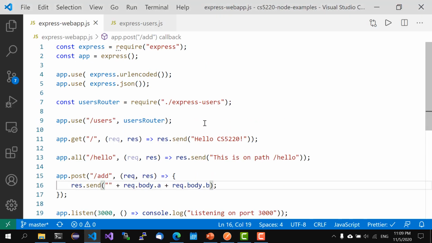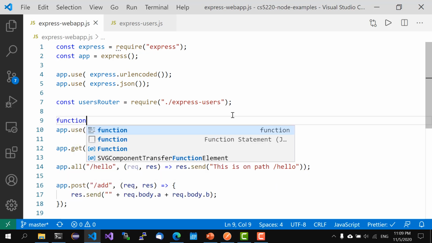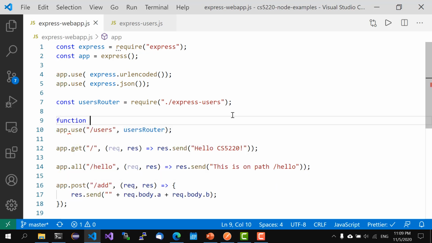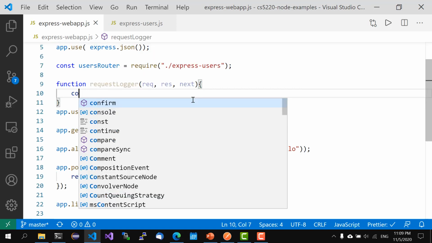So we can do that fairly easily. And so, for example, we can say, let's create a function called request logger. And remember, it needs to take 3 arguments: request, response, and next. And then inside, let's say, we'll print out